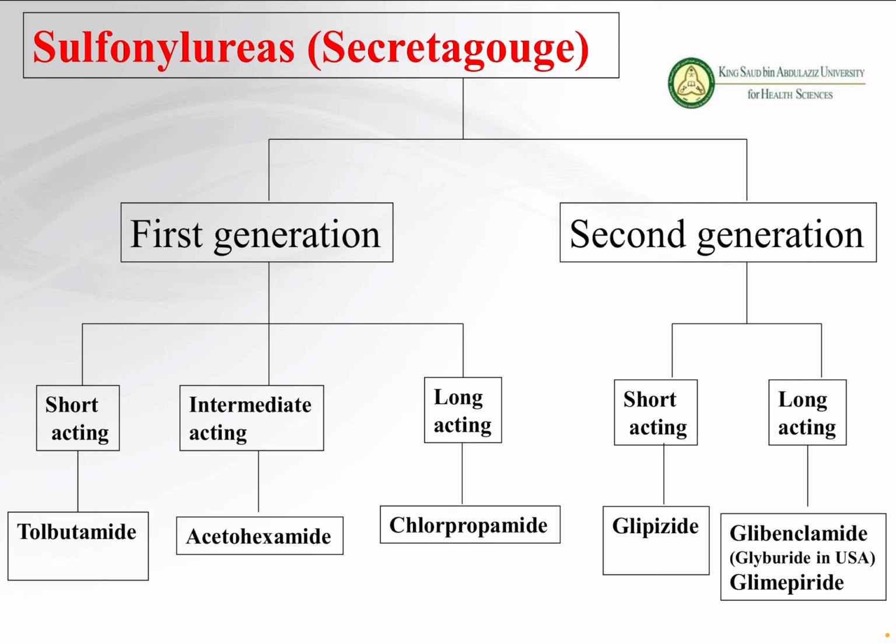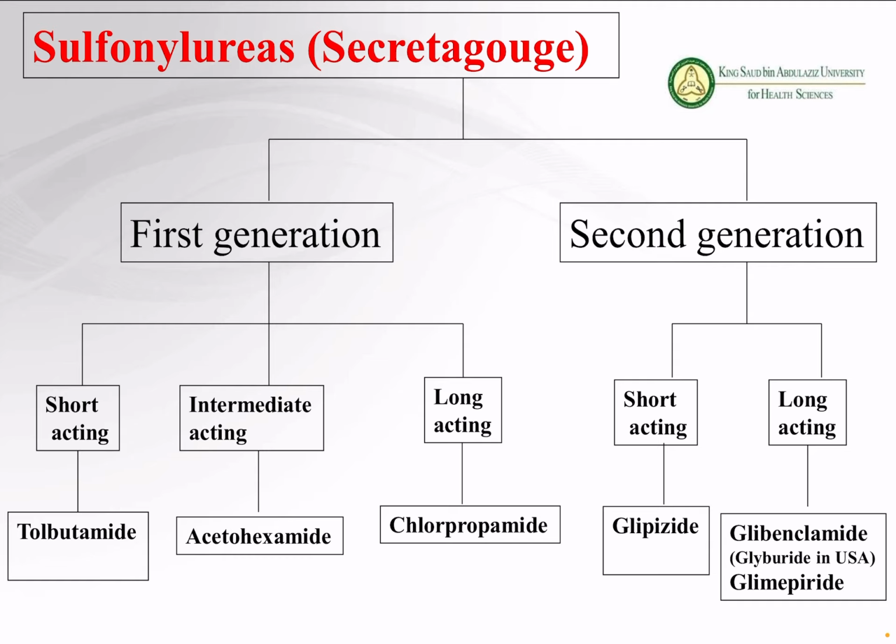Improved pharmacokinetic profile. Their mechanism is the same, but with the passage of time we develop more drugs with improved pharmacokinetics. For example, in the second generation glipizide is short acting, but they improved the pharmacokinetics, and now the other drug, glibenclamide, is long acting. It depends on the patient. Sometimes we have to add a short acting, and sometimes a long acting anti-diabetic. So this is the sulfonylurea.